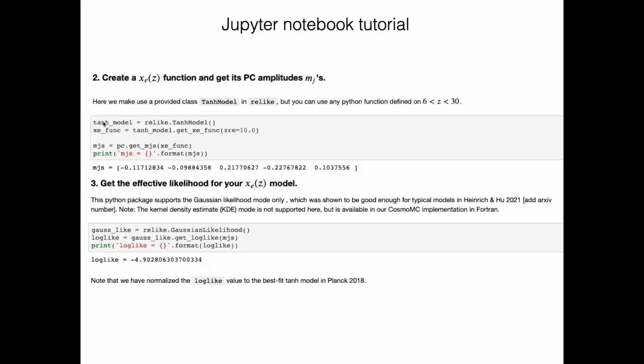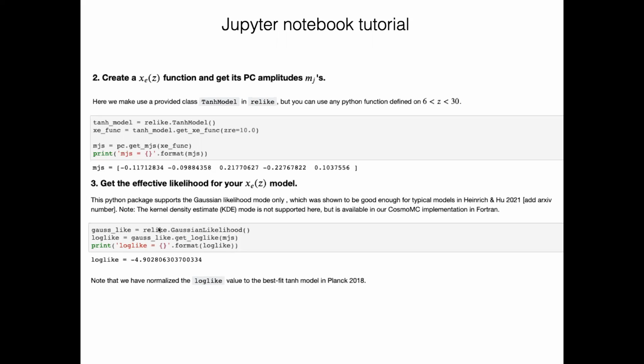We have a tanh model built in already, and if you have any ionization function, this lets you get the ionization function version of the tanh model here. You just do get_pc.get_mjs, and it will give you the amplitude of the PCs that's printed out here.